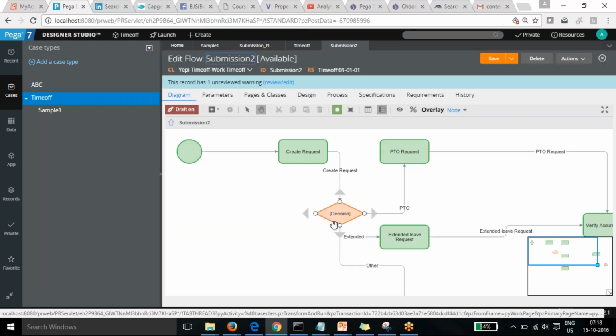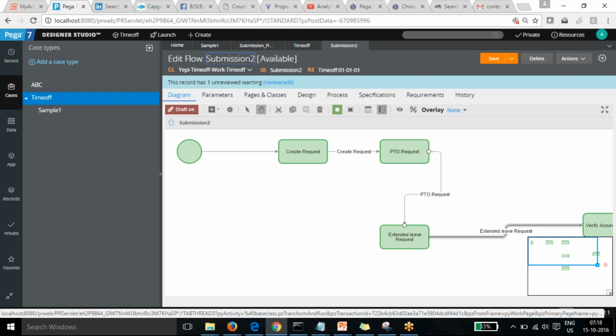I'm removing this one, as I need all the connectors coming from that. Connect this to PTO, from PTO to extension.